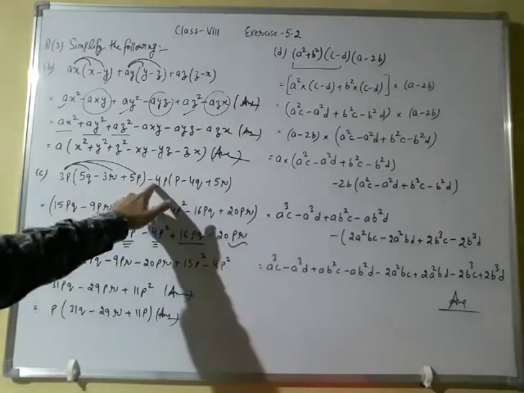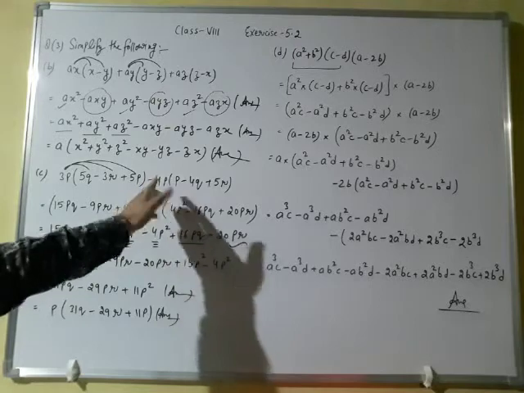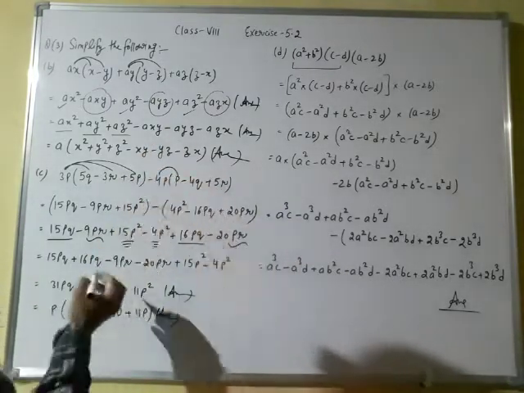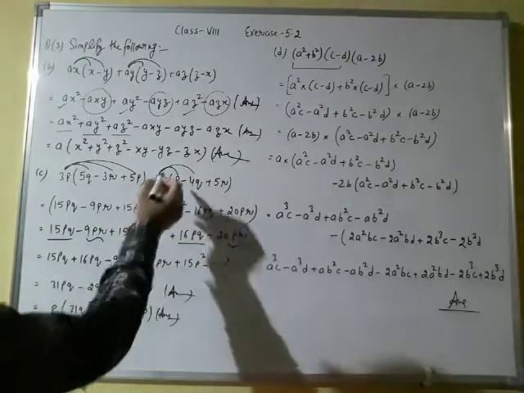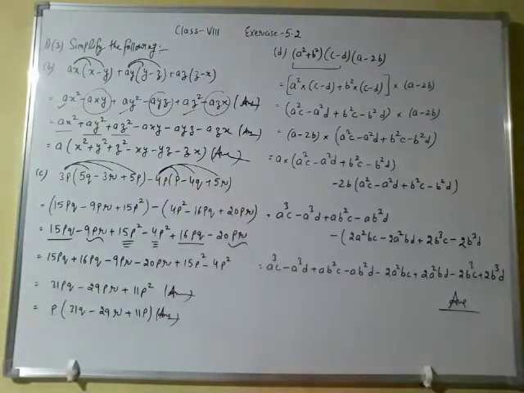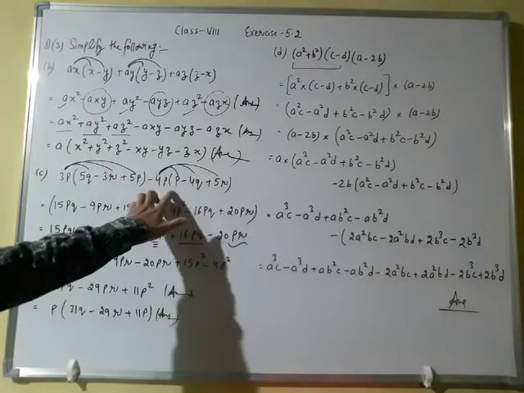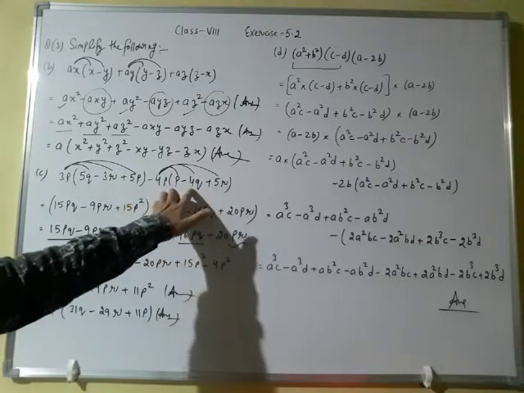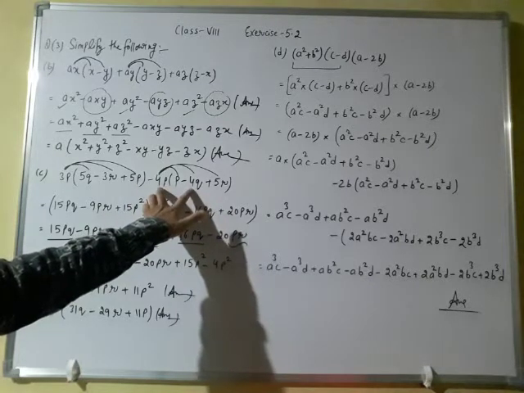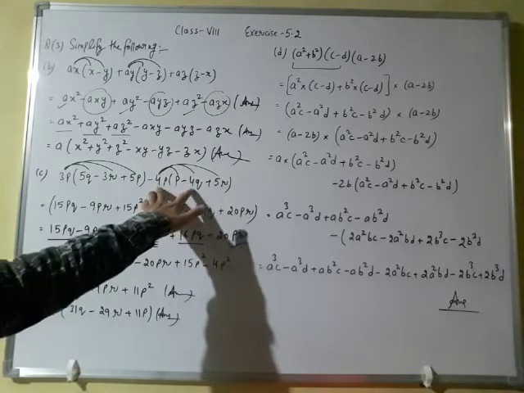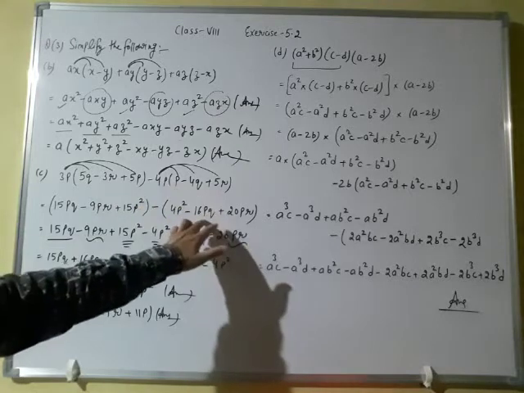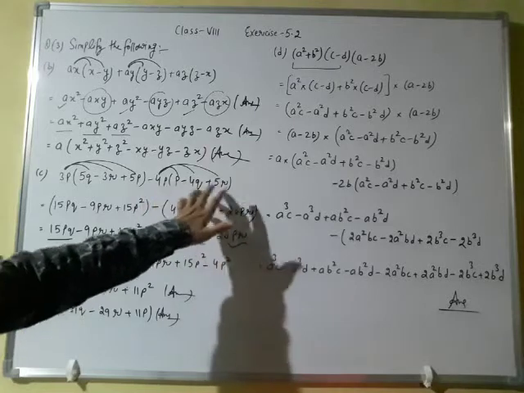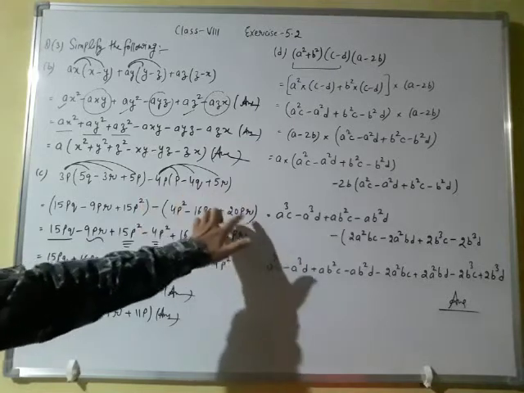Now minus will remain outside the bracket and we will multiply 4p by p, then 4p by 4q, and then 4p by 5r. So 4p multiply p will become 4p square, then 4p multiply 4q. So first we will multiply their numerical parts. 4 into 4, 16, and then p into q, pq. Then 4p will multiply by 5r. 4 into 5, 20, p into r, pr.